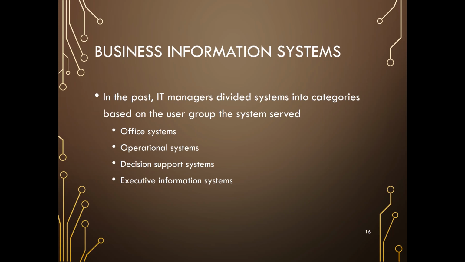Lastly, an executive information system is a system that helps executives view information in a meeting. For example, if the executive would like to compare sales in different regions of the country in the meeting room, they may have a chart displayed on the screen, and they can drill down to see the details of the sales. That is an executive information system. But as time went by,